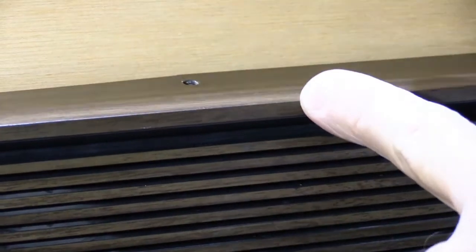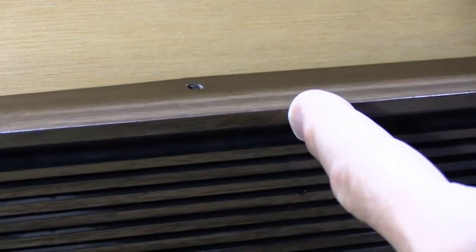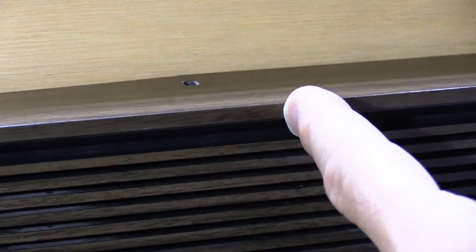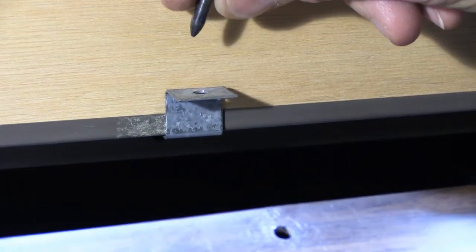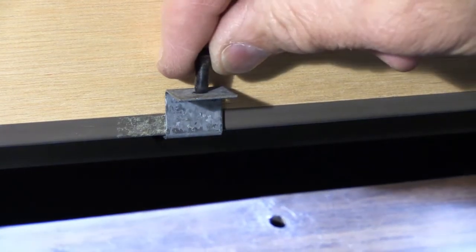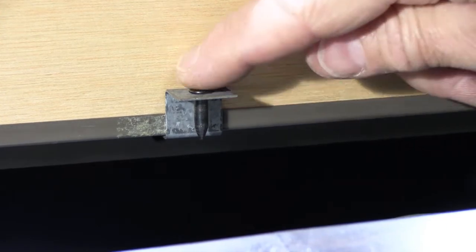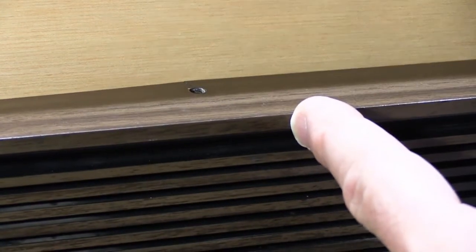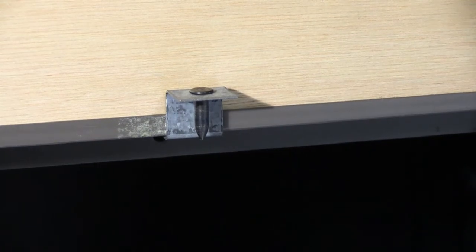Once you have it most of the way out, the set will be loose from the wall, so you need to support it with your finger so it doesn't flop down and fall off the hinges. And once you open it up a little bit, you're going to need the pin again at the end, so you don't want to lose it. A good place to put it is in the hole in the little bracket where it came out of right here, because that's a nice safe place for it. Once you've done that, then you can carefully let the set fold down on its hinges